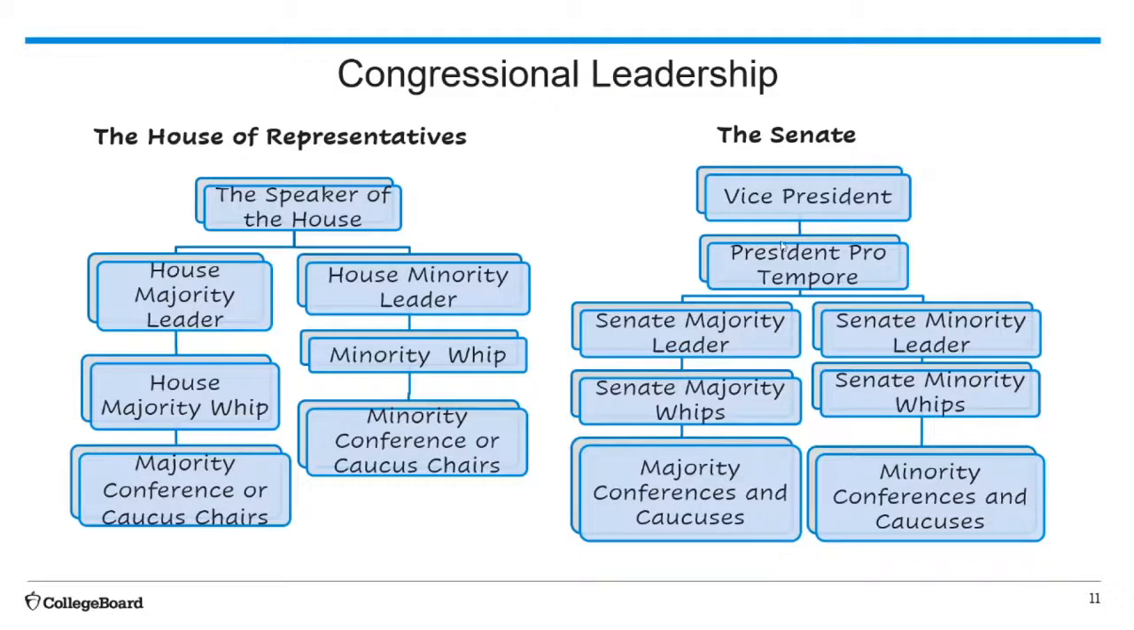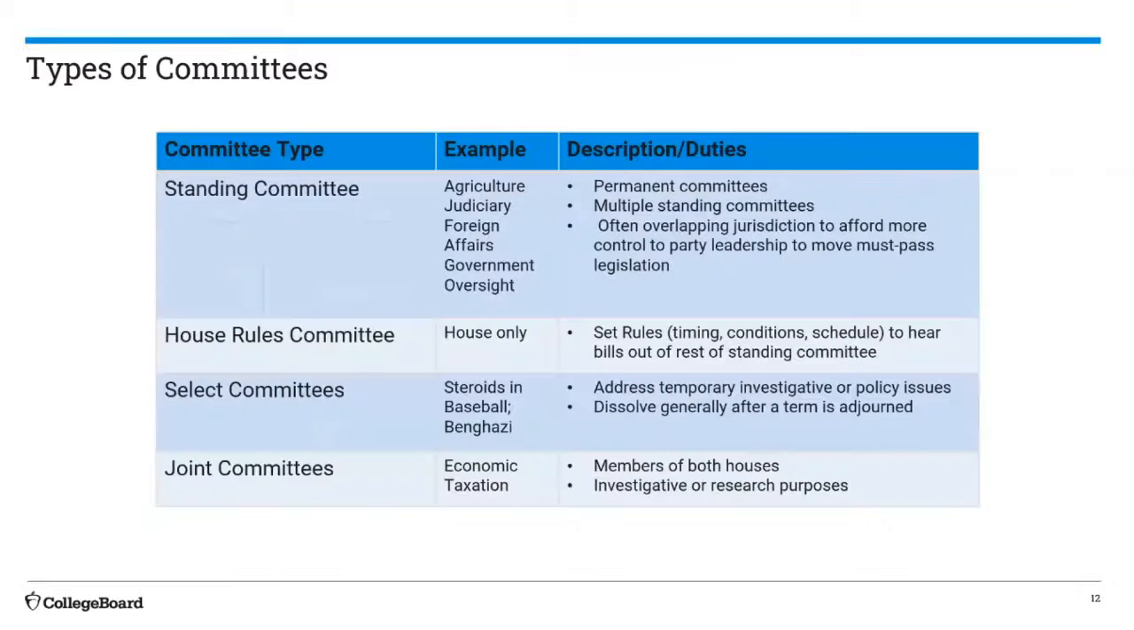And then those distinctions we talked about, where we've got Republicans calling their groupings a conference and the Democrats calling their groupings a caucus. Various types of committees: standing committees or permanent committees. We've got the House Rules Committee that only exists in the House, and it's very important in terms of setting the rules for when bills are going to be voted on, and how much time will be allowed for debate on that. Then we've got select committees that come together for a specific purpose and then go away, and then